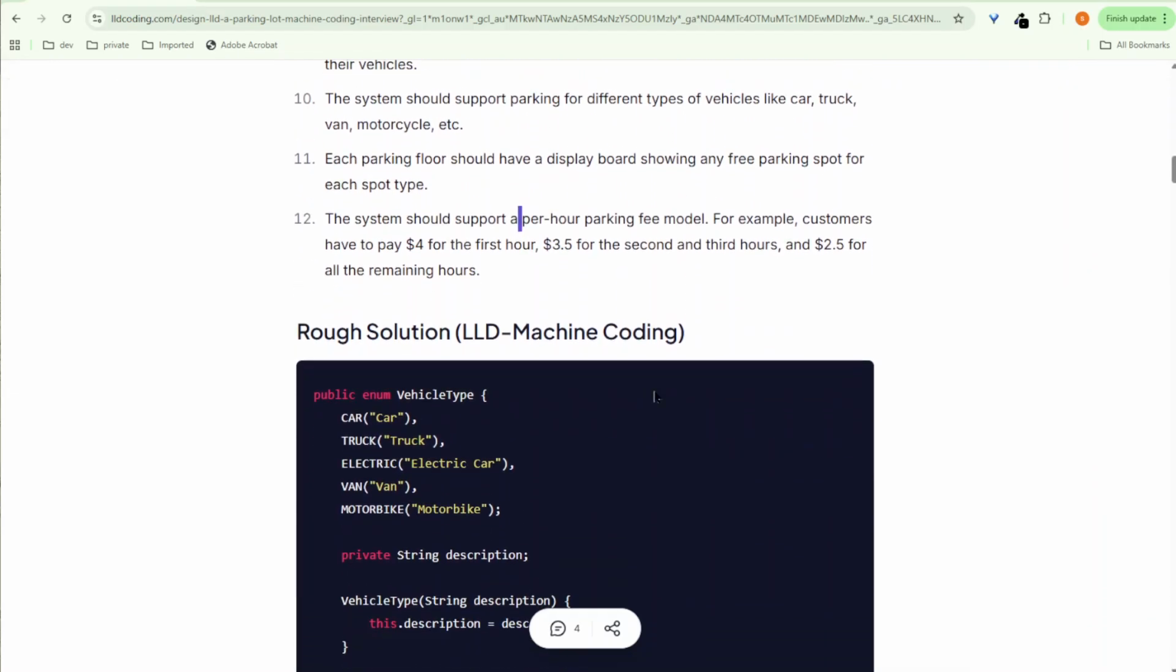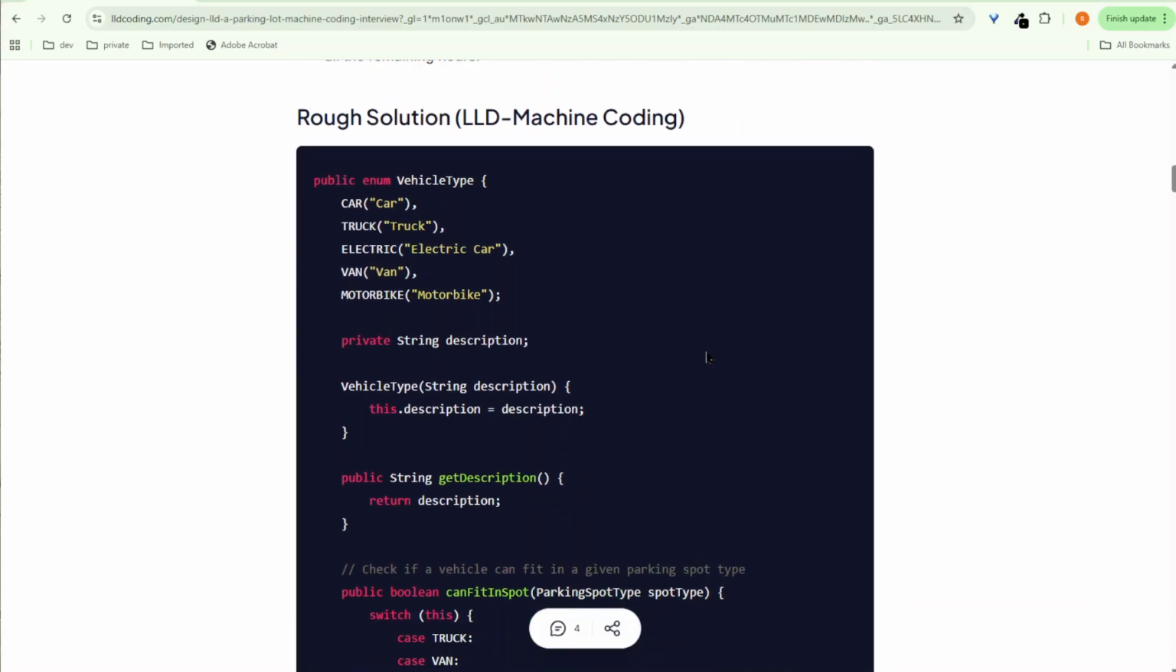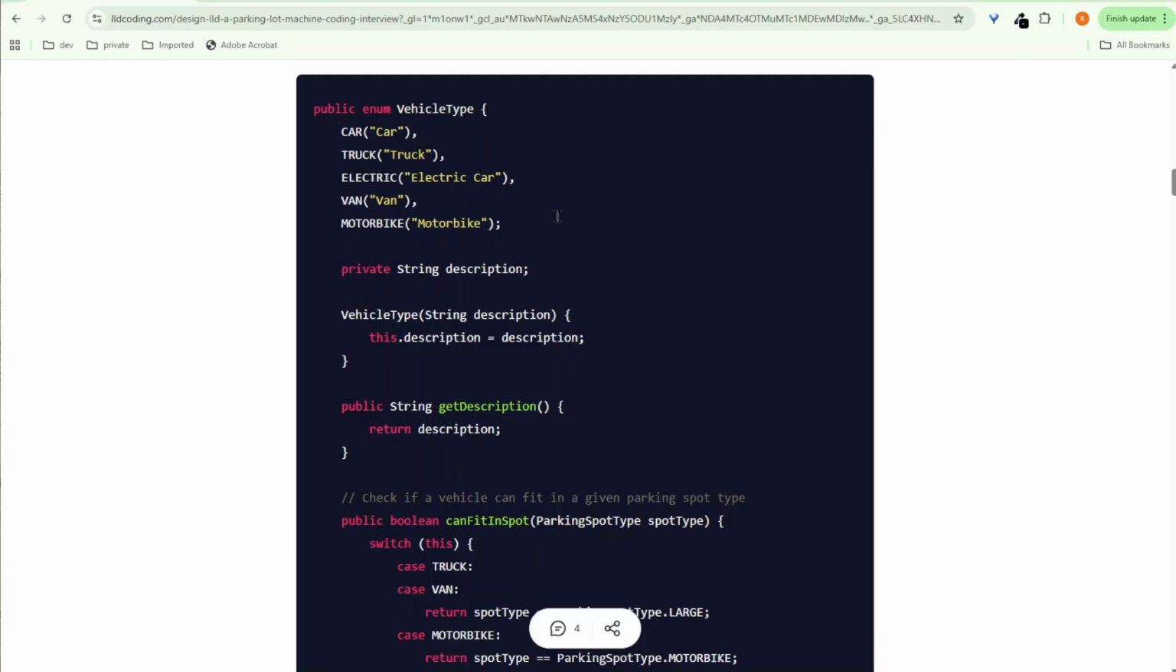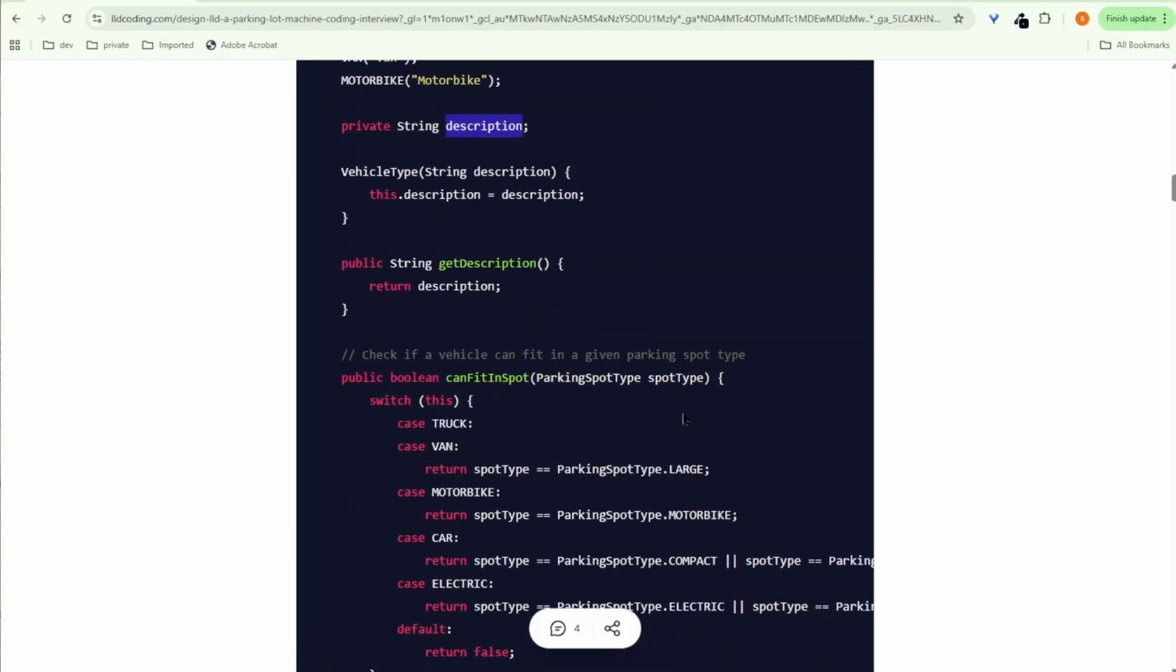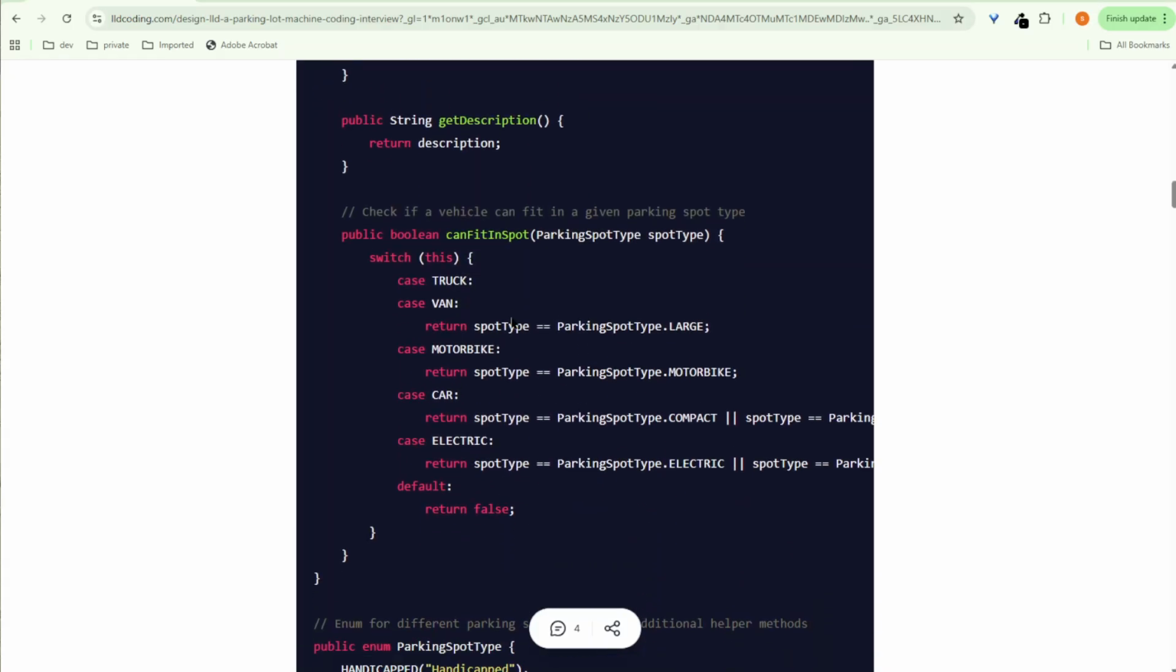So let's see the code which we have already written. Here we have created the enum for the vehicle type. Vehicle type can be car, truck, electric car, van, and motorbike. Description is just a basic description. This is just an enum which we have. Now we have another function within this enum